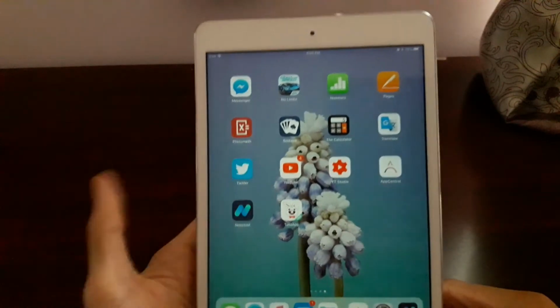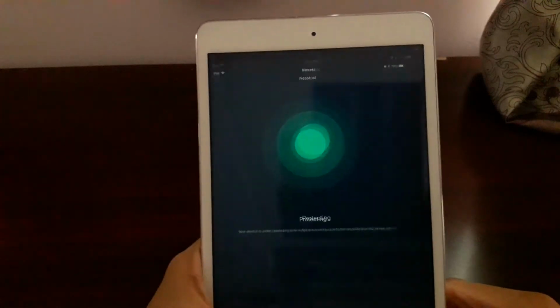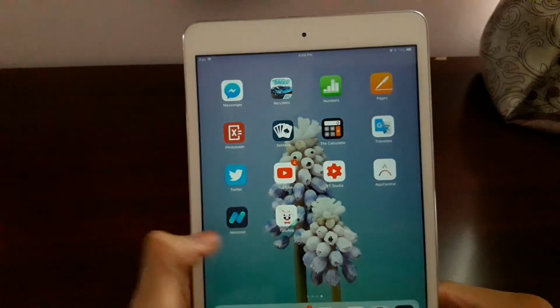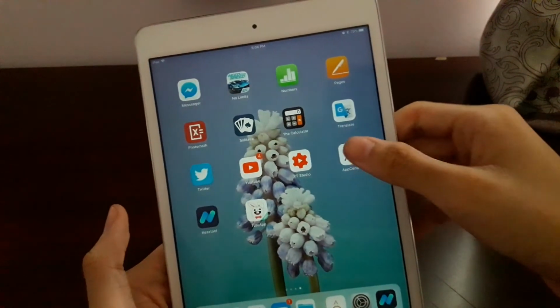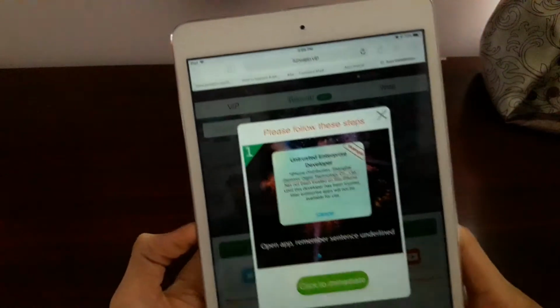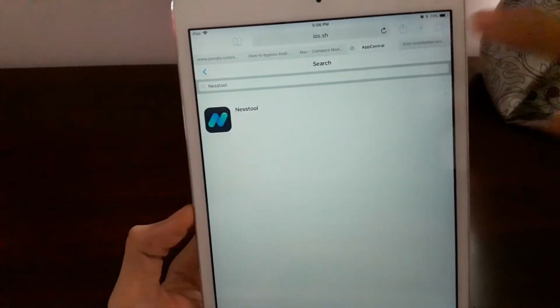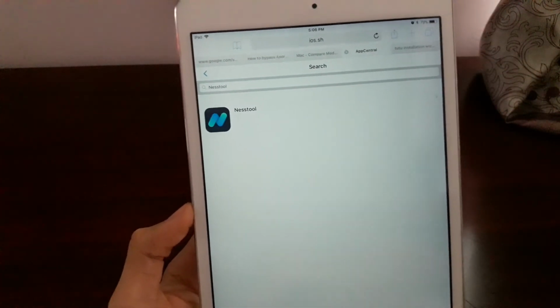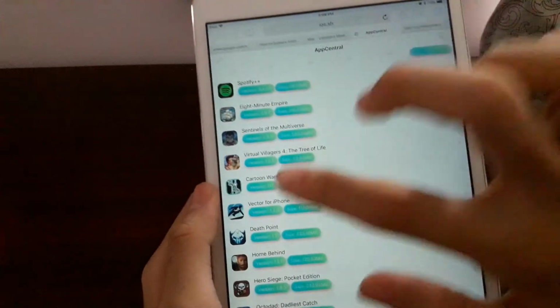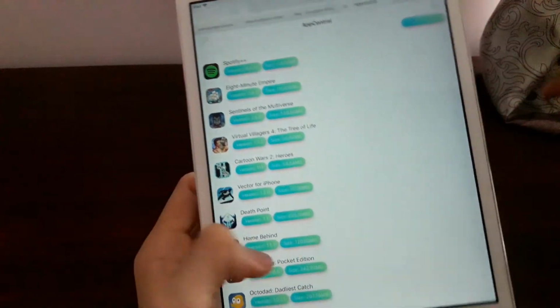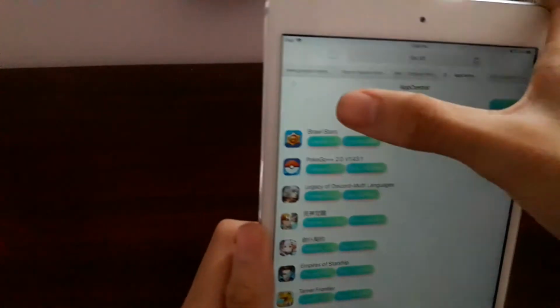Now, anyway, go back to the step. You need to make sure that Nesstool is installed, and go back to AppCentral, right there, and then you can go ahead and install pretty much everything. You can do anything you want from here. You can install Cartoon Wars 2. You can install everything from here,